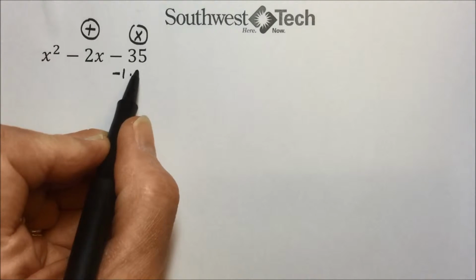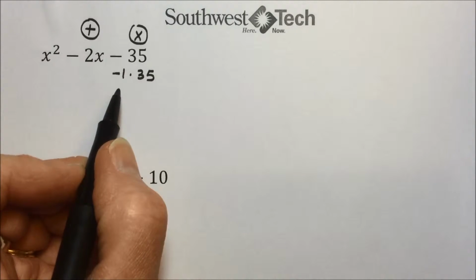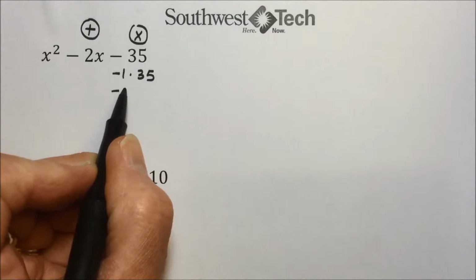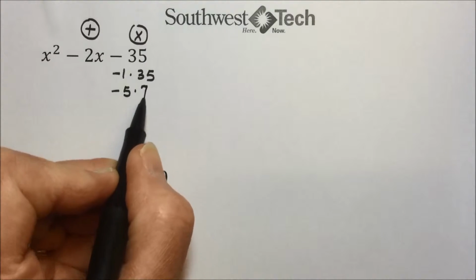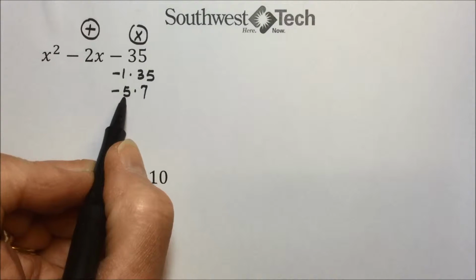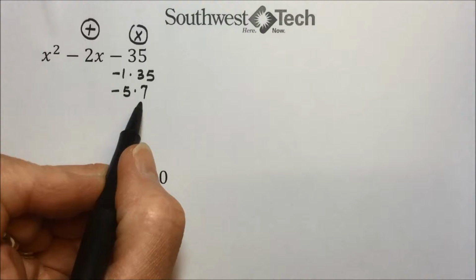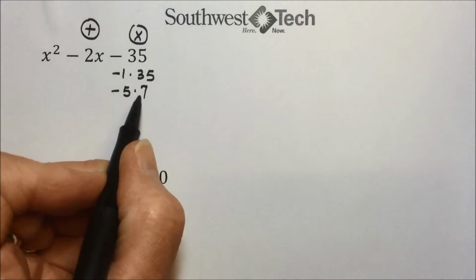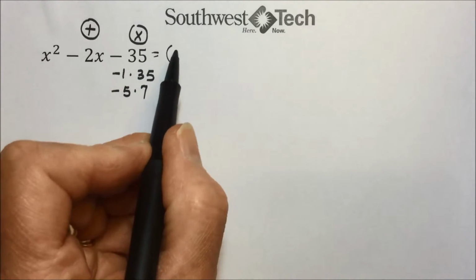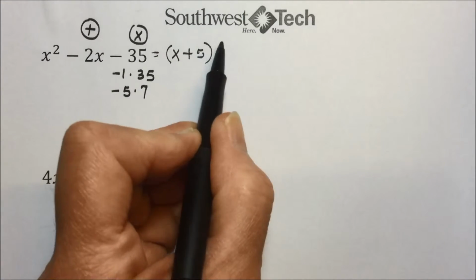We could have a negative 1 times 35, which add up to be 34. That's not the case. The next and only factor pair would be a negative 5 and a 7. When multiplied together, give us negative 35. And when we add these together, we end up with a positive 2, which means simply we'll reverse the signs on these factor pairs. So we will have x squared factoring into an x with a plus 5 and